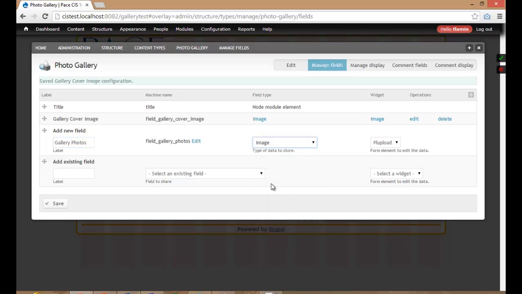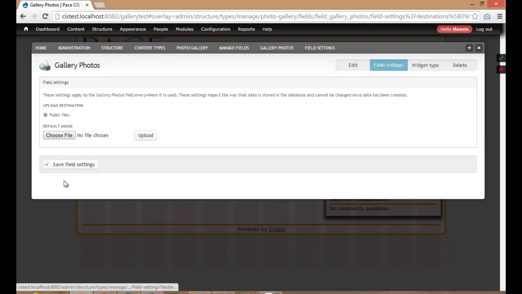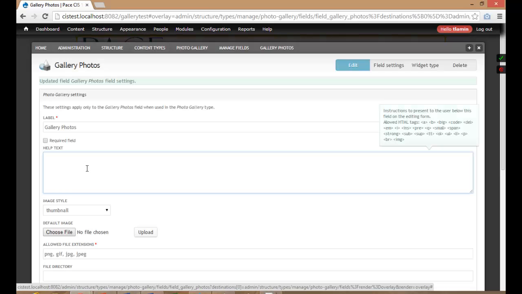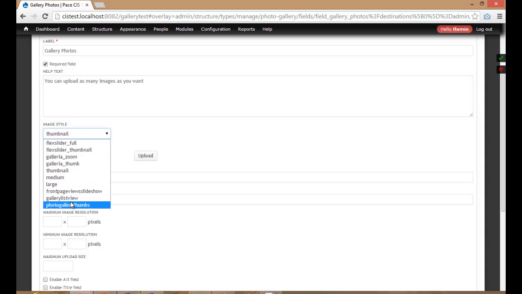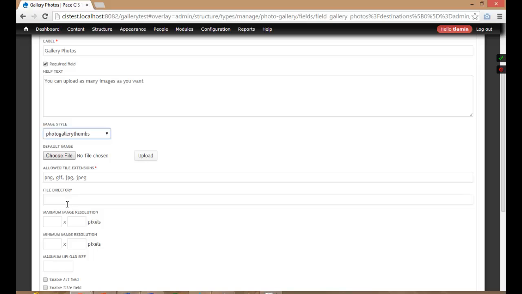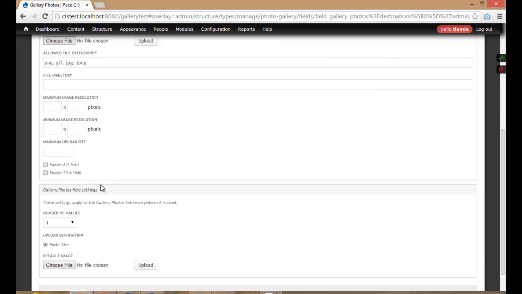Next, I will create a field called gallery photos. This will be a field type image. For this, I will use Plum Upload, and I'll click save. I'll click save here again. I'll also make this required since it's a photo gallery. You can upload as many images as you want. Okay, image style, I'm going to call this photo gallery thumbs, so they will be small size,